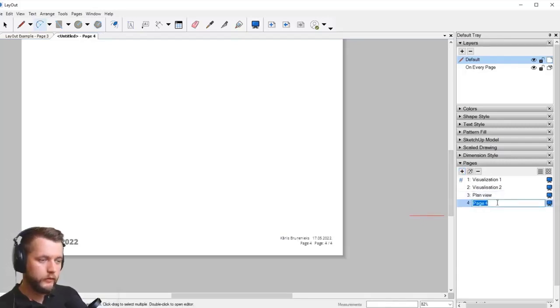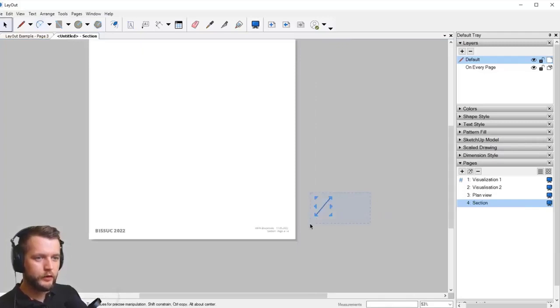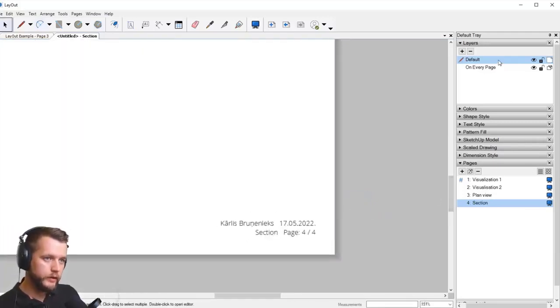And the fourth one could be section. So my keyboard is not cooperating properly. That happens with Bluetooth keyboards. So now I have all 4 pages, and if I go through them,